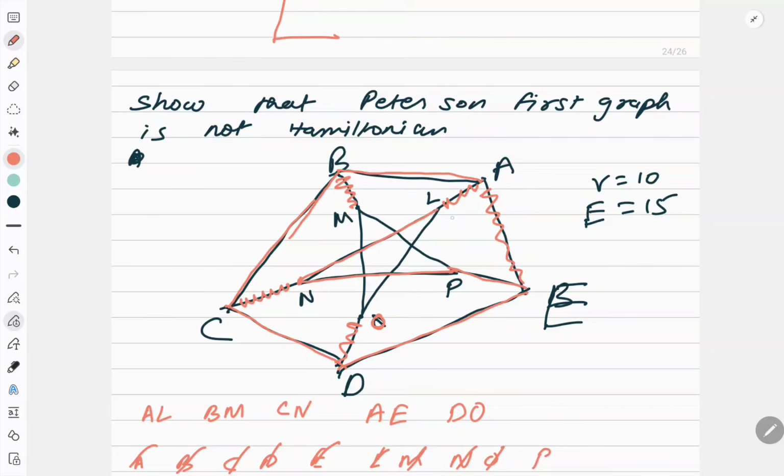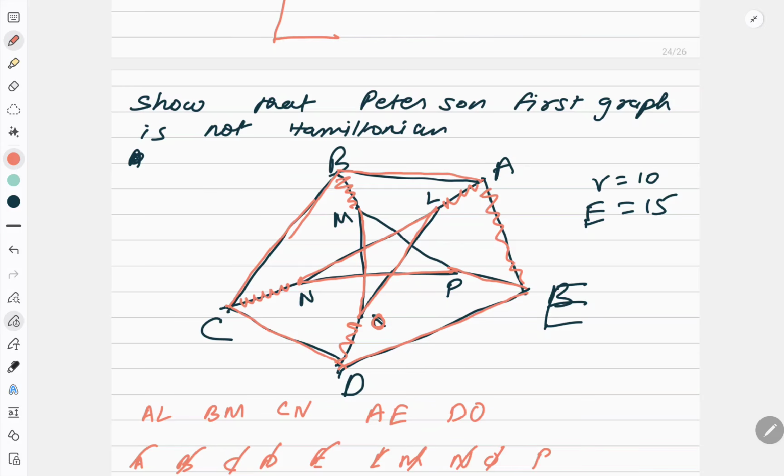Now from L, what will I do? I will go to O. Correct. O was deleted earlier, so this OD was deleted. So I came to O. So this vertex also I have covered. Correct. Now from O I can go to M. I reach M. Now what is the degree of M? Degree of M is also 2. Now from M where should I go? From M, where I should go is a problem.